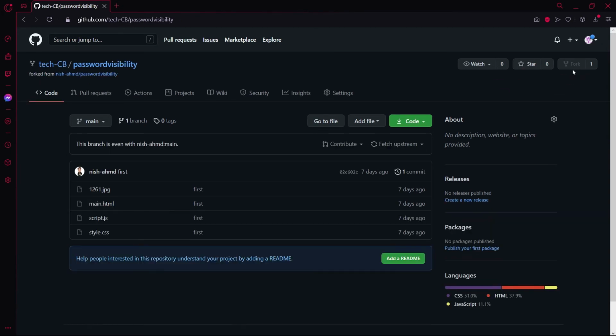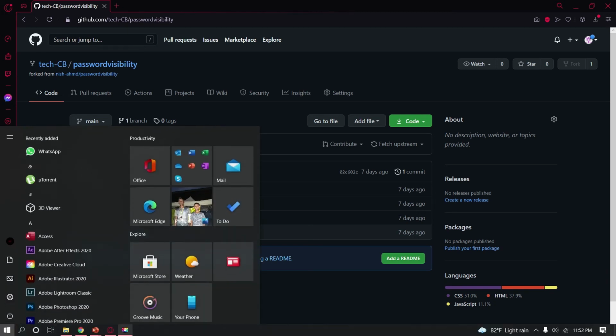When I press it, you can see it shows the path as TechCB password visibility. So what has happened is GitHub has created a copy of the code, and now I can access the code from my account and make changes and save them into my account without disturbing the main branch which I cloned this code from. So here you can see now 1, which means that this is a branch of the main code.